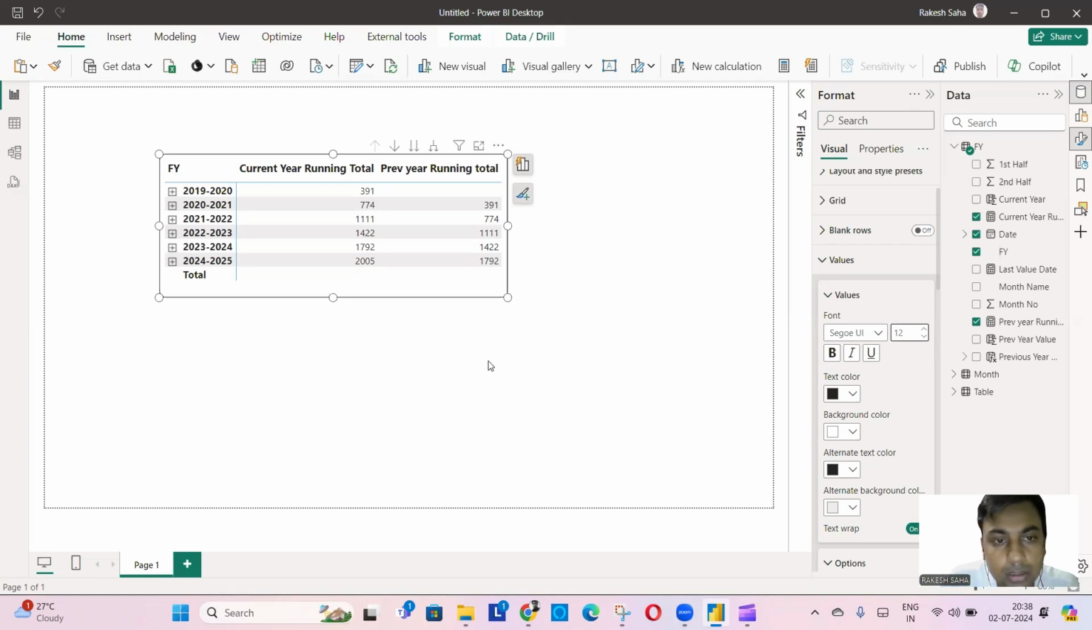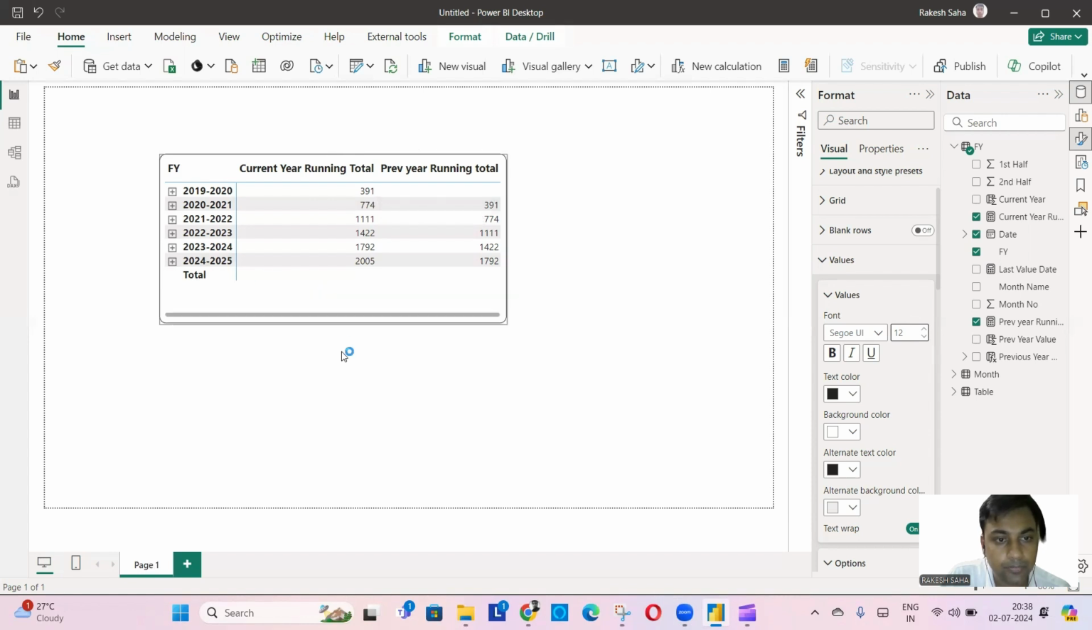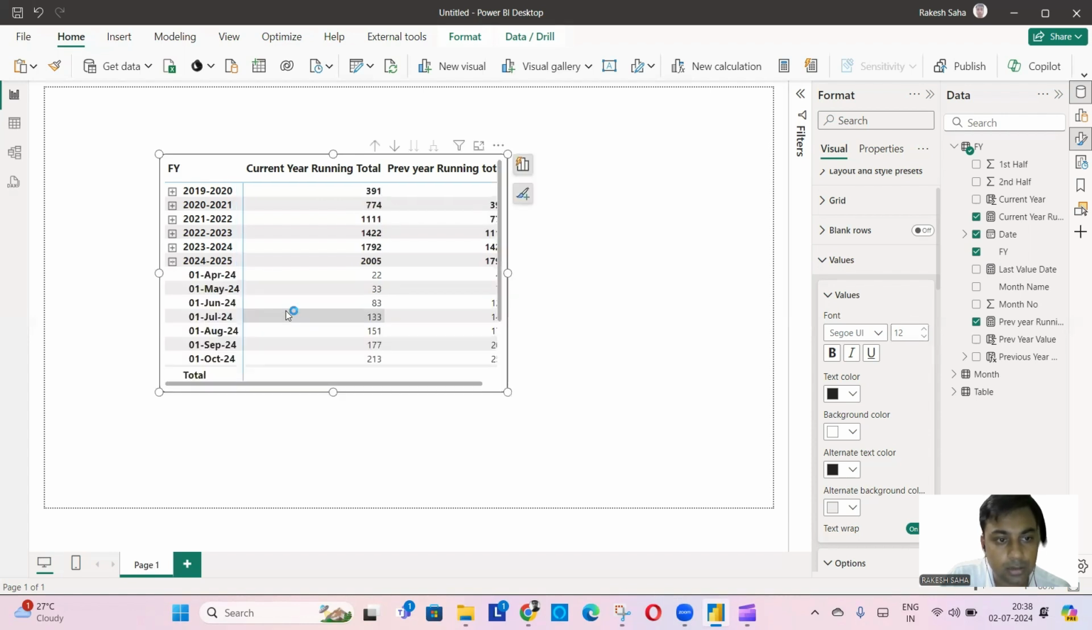Hello friends, today I'm going to show you how to do the running total for the previous year. Here you can see that there are several financial year months, and all the previous year values are showing properly here. The only challenge here is that